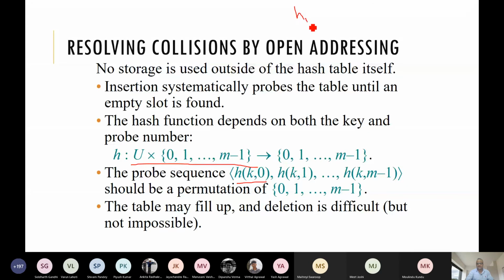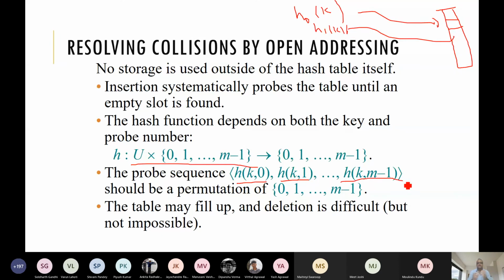If it hits some slot which is empty, we insert there. Otherwise we go for the next probe, H1 of k. If that slot is again not empty, we go for the next probe like this.